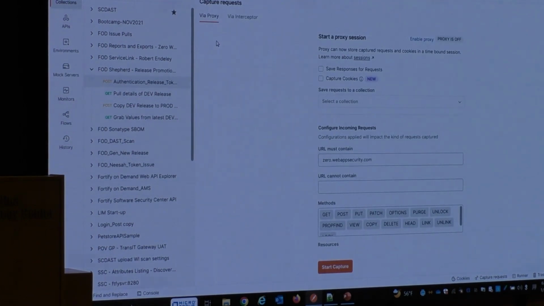You do capture requests, and it'll start capturing requests. Actually, that's a different feature. So those are the basics of using Postman to tinker with APIs and the ability to bring in somebody else's work and also to then push it out to other people and share with them.